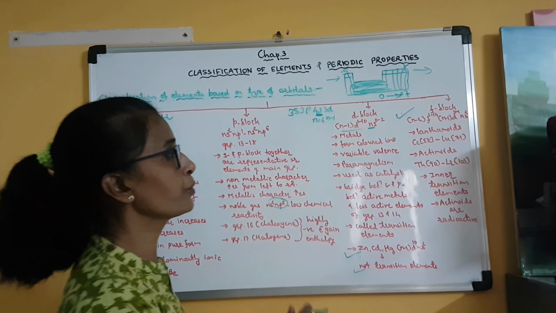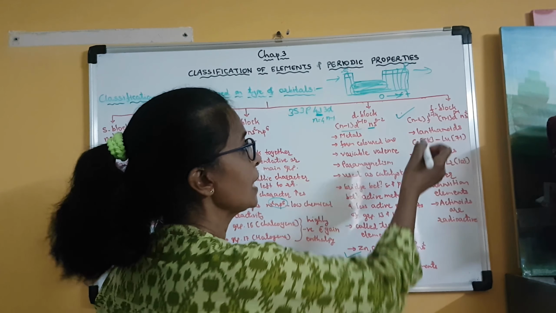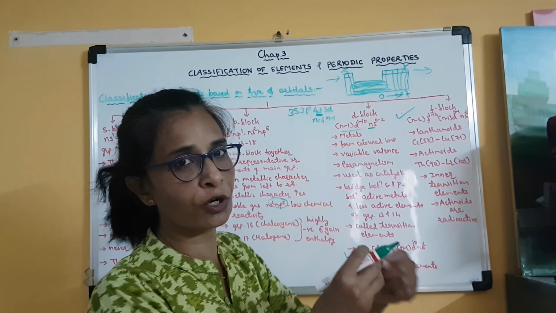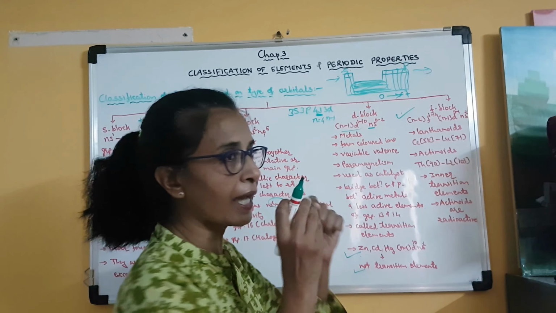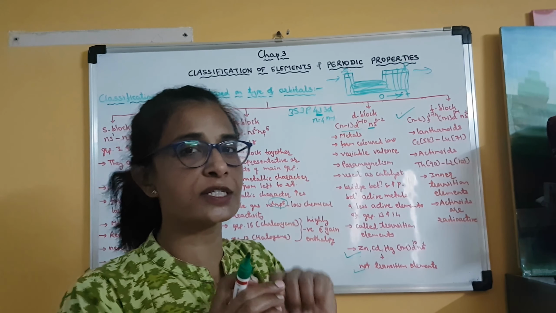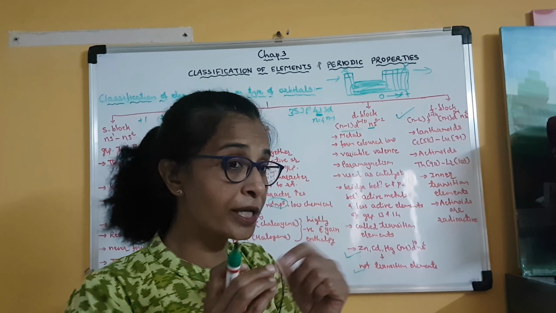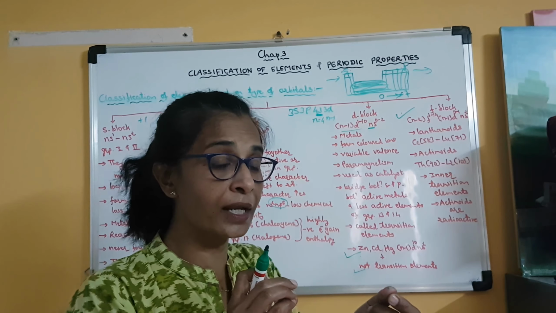Clear? You have to focus that in the F orbital electrons start entering. So the F orbital is important for F block elements. In the D orbital, either 0 electrons or 1 electron is present, so the D orbital is not completely filled. Either 0 or 1 electron will be there, and the S orbital is complete with 2 electrons. So this is the outermost configuration of F block elements.